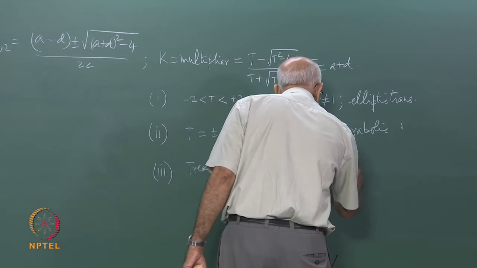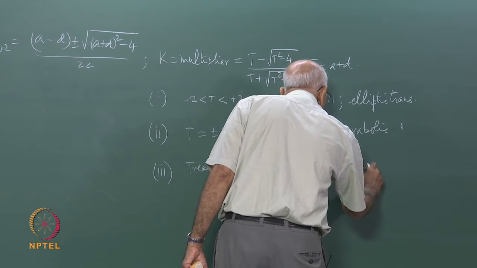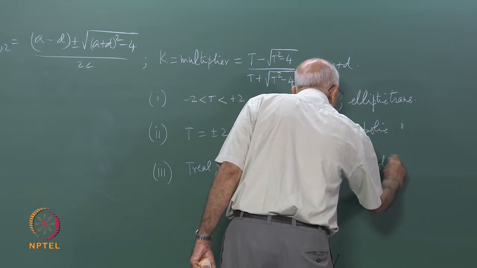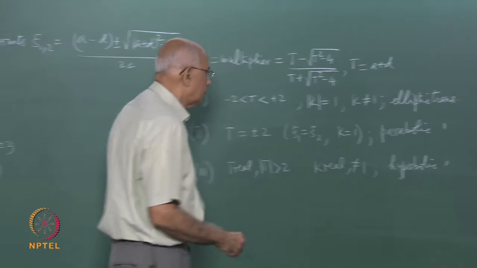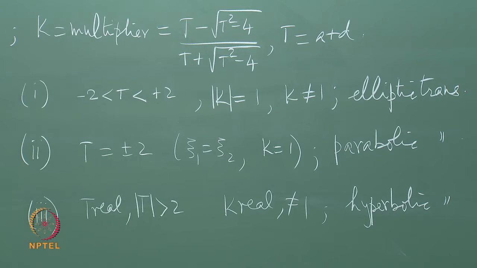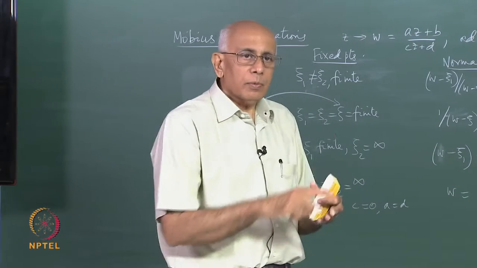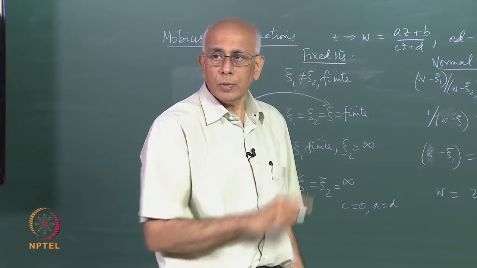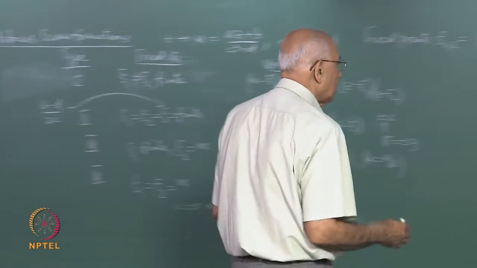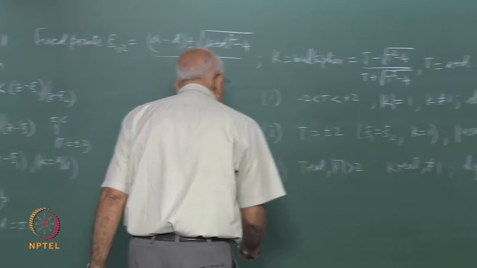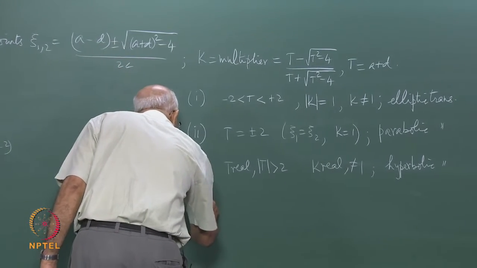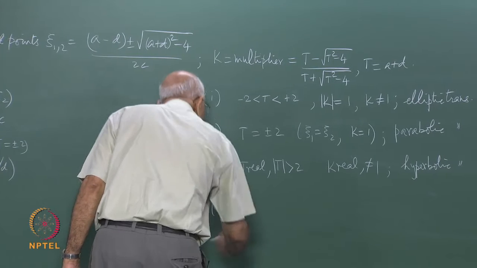And this thing is called a hyperbolic transformation. These words come from, well, it is not hard to see where they come from. They actually come from the nature of the flow around the fixed points in the complex plane or on the Riemann sphere. And the fourth case is T